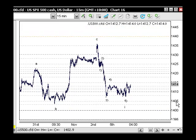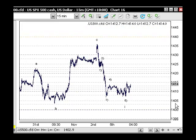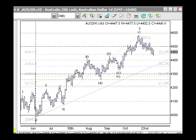But one of the points that I wanted to make clear here is that the Dow Jones is still on that 13,000. The S&P 500, well, the 1400 mainly is their support. We know the 1410 is there as well, and this would also bring us through to the Australian market as well. Just on the daily chart here,